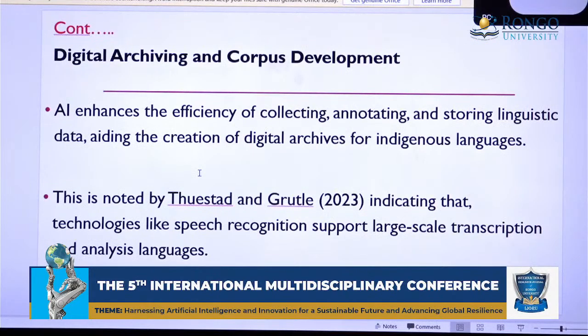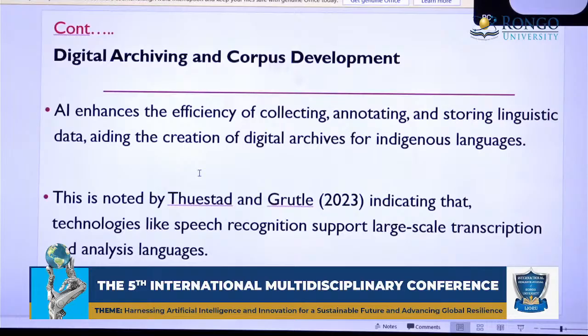The second one was that there can be digital archiving and also corpus development through AI. I found that AI can enhance the efficiency of collecting, annotating, and also storing linguistic data, and this is able to aid the creation of digital archives for indigenous languages. This is noted by Tossard and Gattel 2023, who indicate that technologies like speech recognition support large-scale transcription and